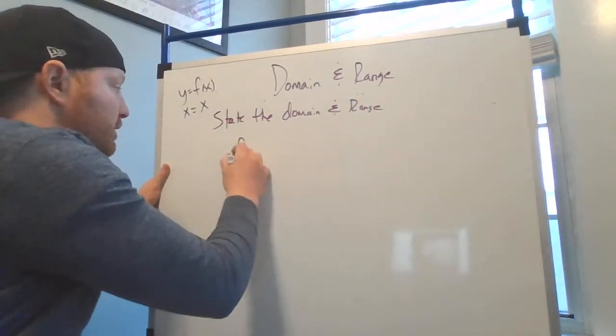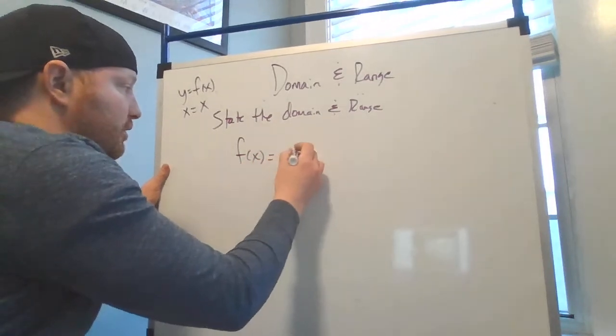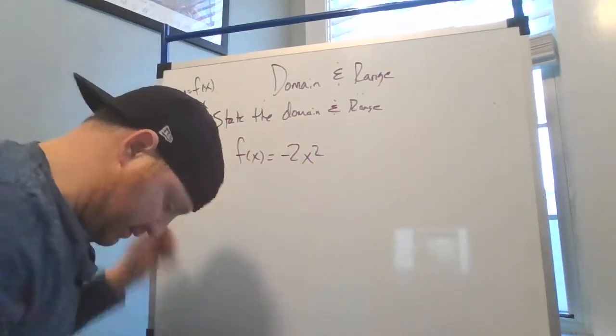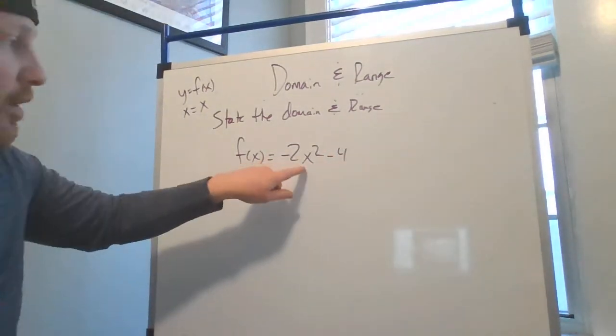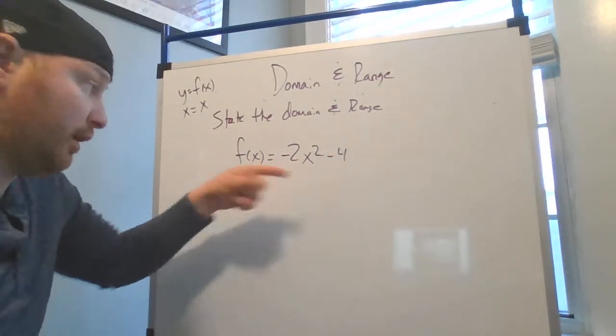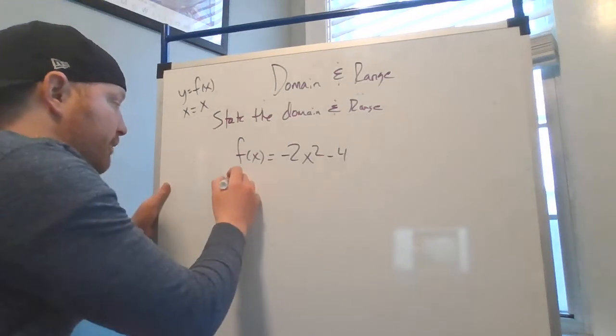Let's do this last one. f of x equals negative 2x squared minus 4. Again, always ask yourself what makes this 0. Well, 0. So my benchmark